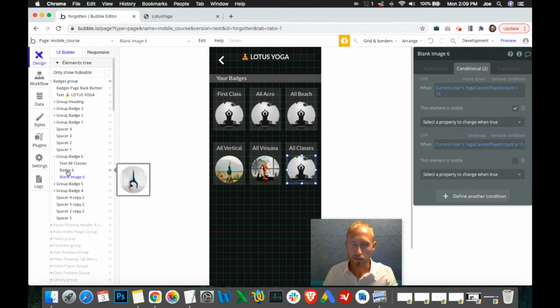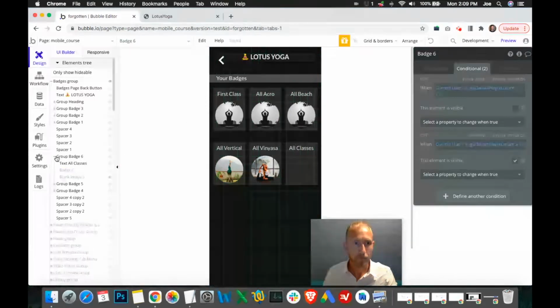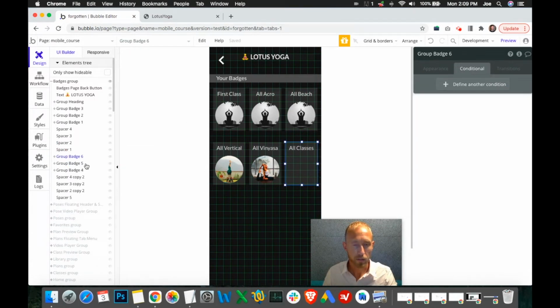And let's double check these. So the blank black and white image is always the one that's the top is clicked, just how we're doing it. But let's think for 1 second. This is saying when the person has not completed all 15, show this one. That is what we want. When the person has completed, because if we have 15 classes in our database, then don't show this one. Do show this one. Okay, so I feel like we've covered the conditionals,